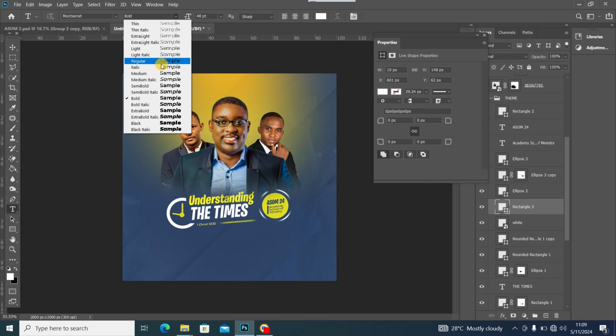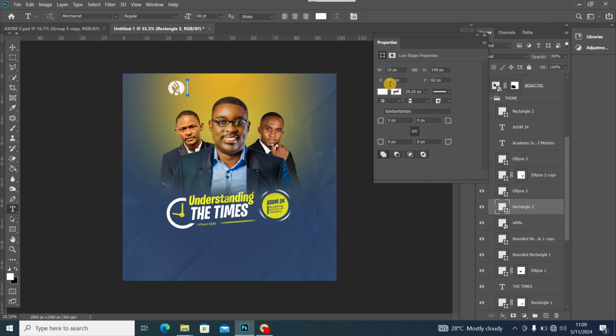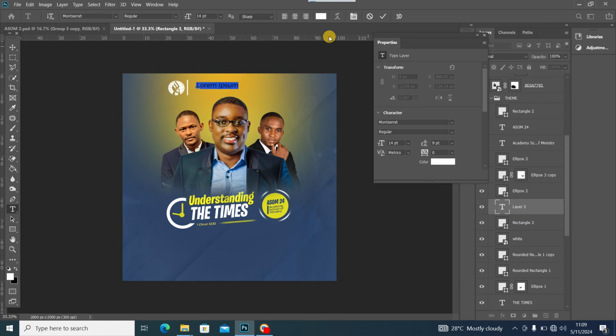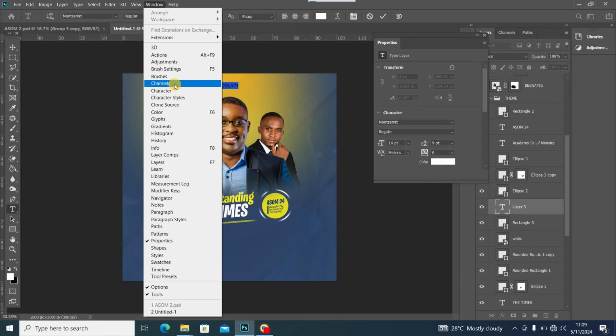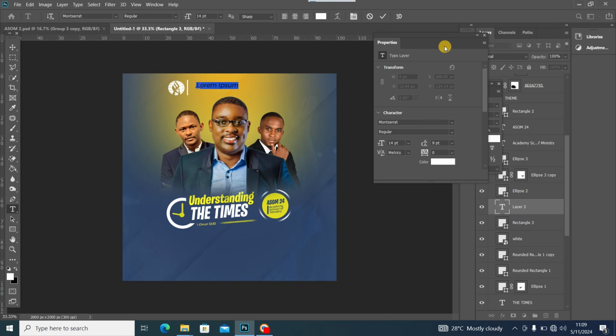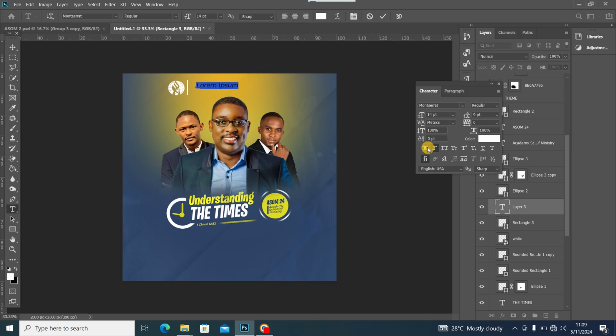Now use Montserrat regular, reduce my font size to say 14, and I'll go back to character, make sure that I remove the italics from the text. Now type in Academy Fellowship Cameroon,